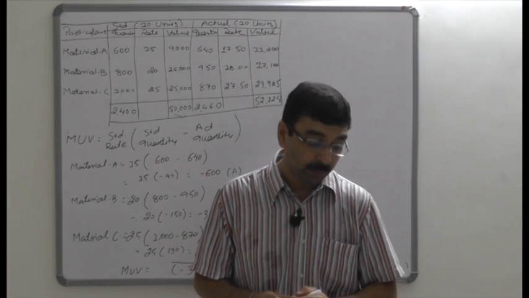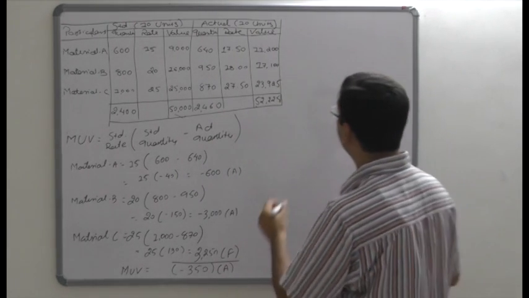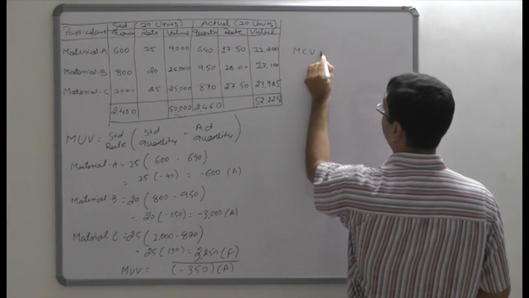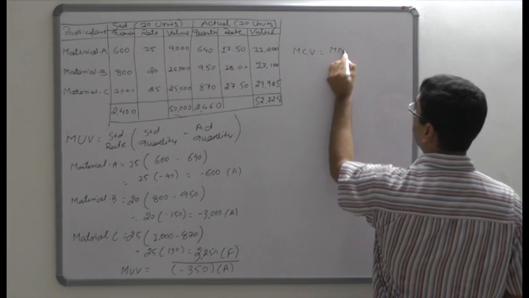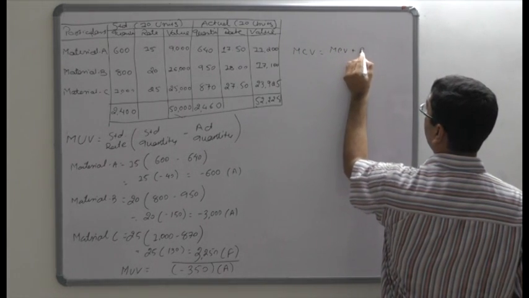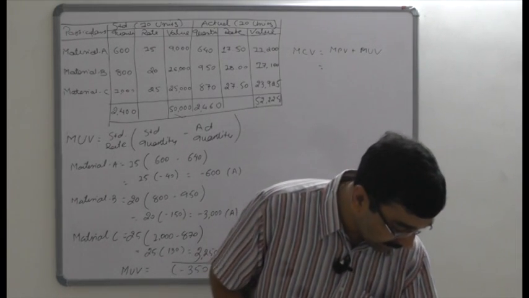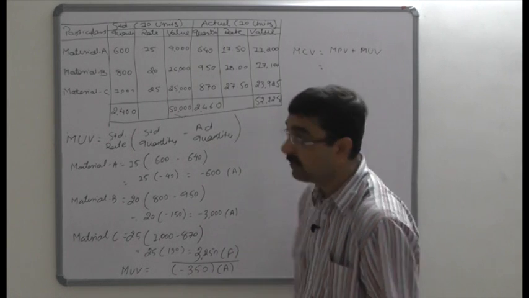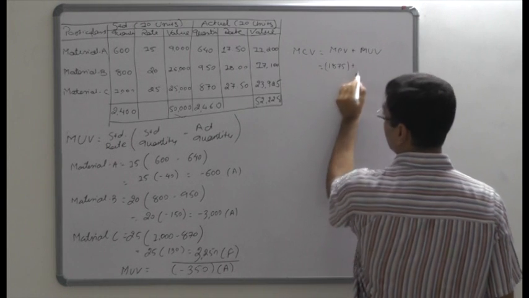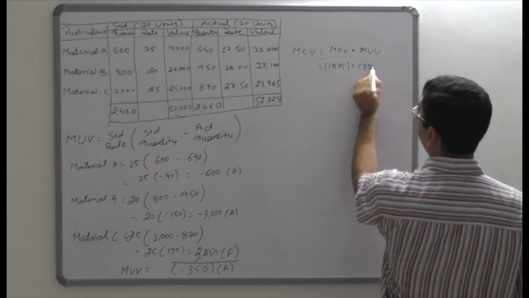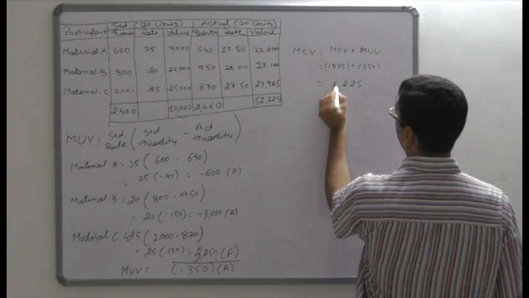Now if you want to clarify and rectify whether your answer is accurate or not, we have another important shortcut to tally our answer. MCV is equal to MPV plus MUV. Just see your previous answer. What was your answer in case of MPV? The MPV is 1875 adverse plus MUV is also 350 adverse. So the total of this is